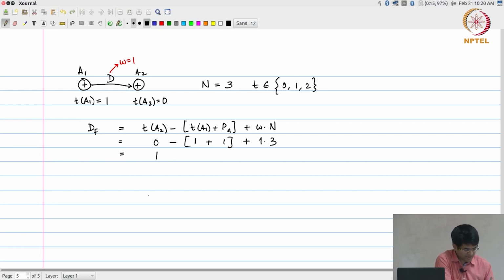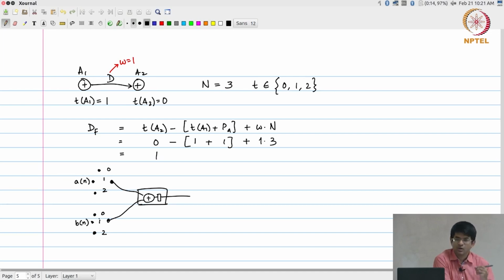What does my hardware architecture look like? I have an adder. Now I know that t of a1 is equal to 1, which means that I can straight away say from there a of n and b of n must be fed to the 1 inputs of the corresponding switches or multiplexers. And what about t of a2? It is 0, right? So in other words, the a2 operation is going to happen during phase 0. c of n can be applied over here, and this output can be fed in, but there is a df